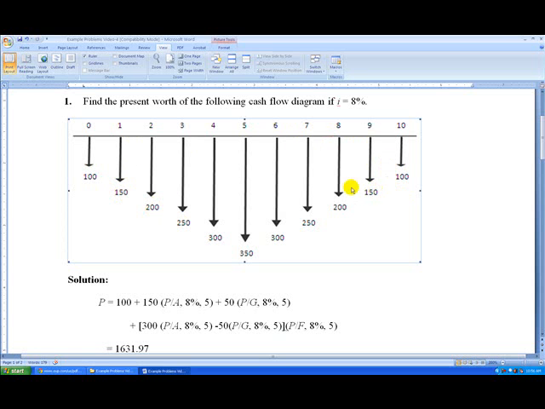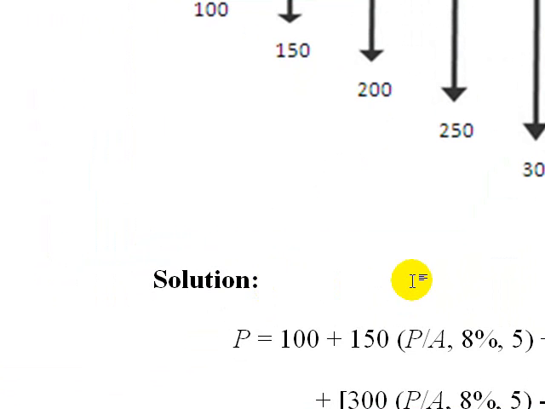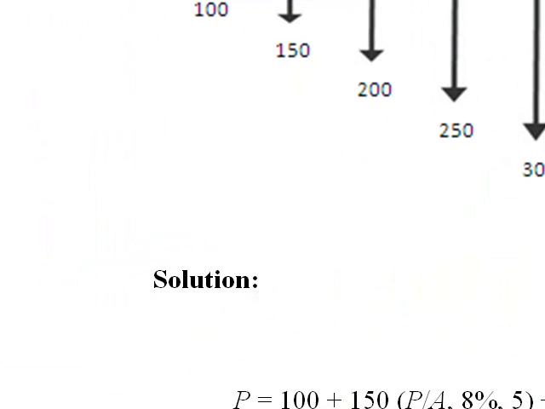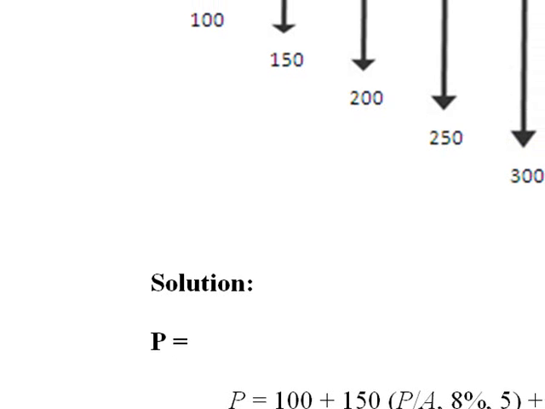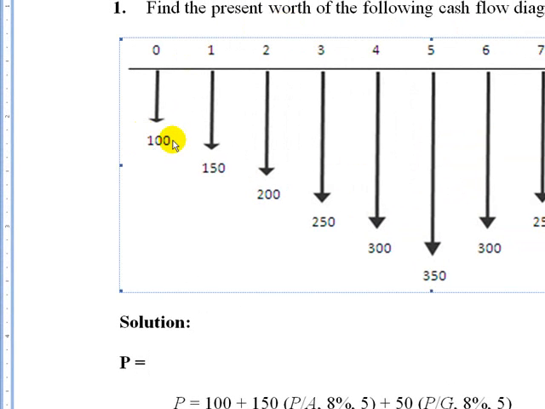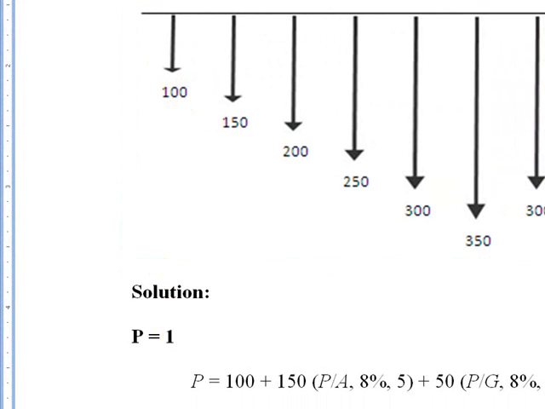So what we can do is, for example, if we want to find out the present worth of only these cash flows, let's talk about 3 cash flows, 100, 150 and 200. We want to find out P. So what can we do? We type P for present worth is equal to 100. The P value of 100 is 100, so we type 100, right? Plus 150 is a future cash flow, so we type 150 multiplied by